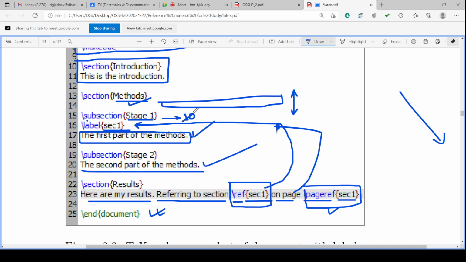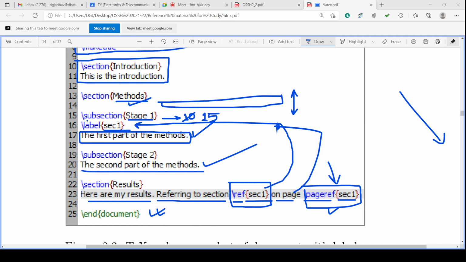Now this subsection from page 10 has gone to page 12, 13, 14, or some 15. The page number has changed, but the label you have defined is also on page 15. So the defined label is on 15. Here, if you click the page reference on the PDF, it now goes to page 15 instead of 10.